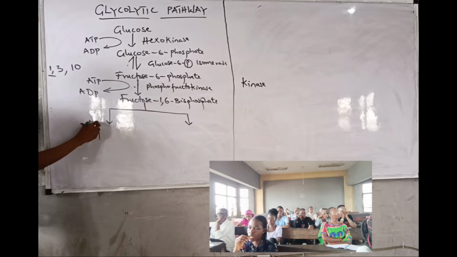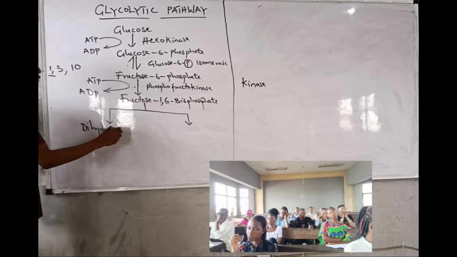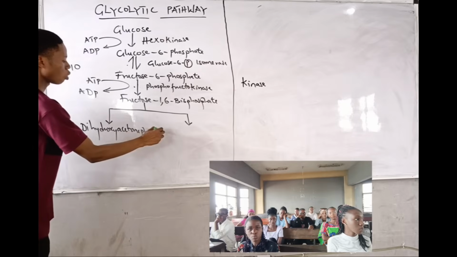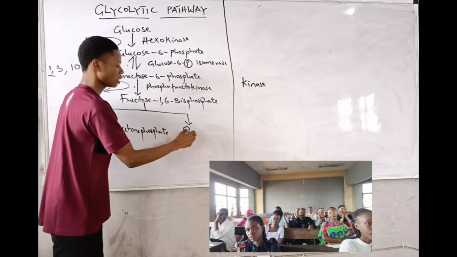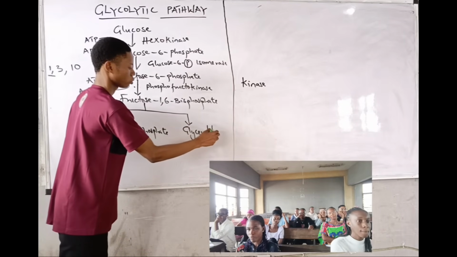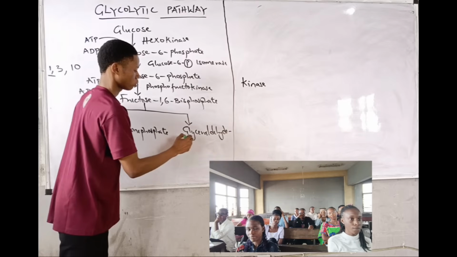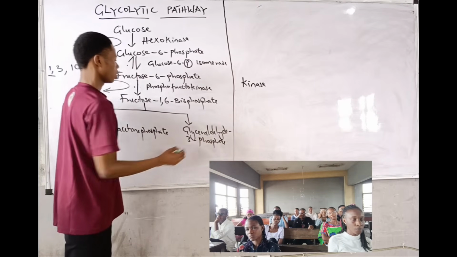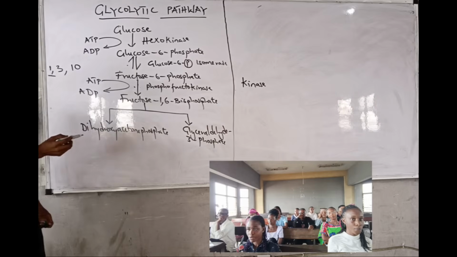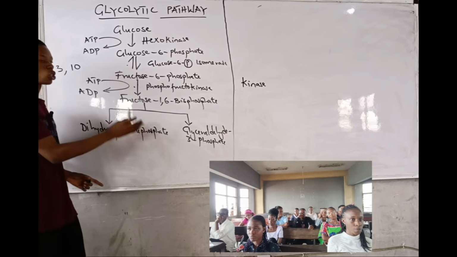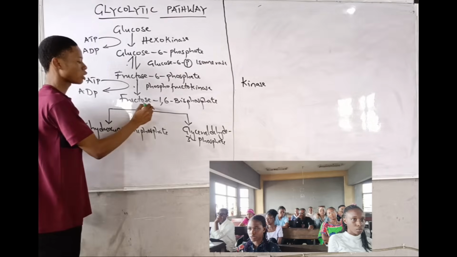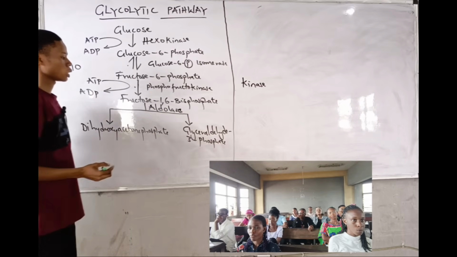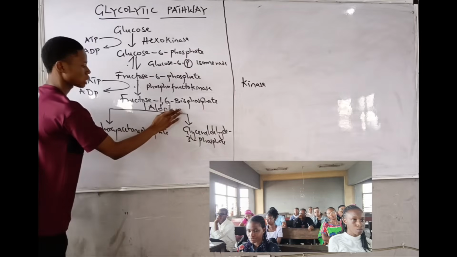Dihydroxyacetone phosphate and what? Glyceraldehyde 3-phosphate. Now, the name of the enzyme that is catalyzing this breakdown reaction is called what? Aldolase. Now, the next thing we said was that